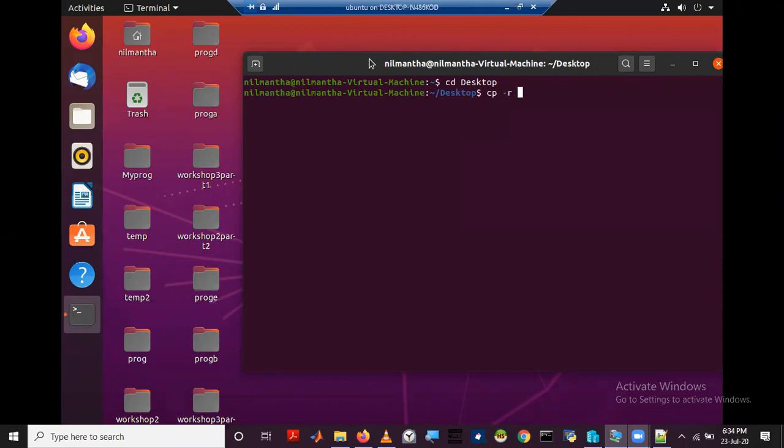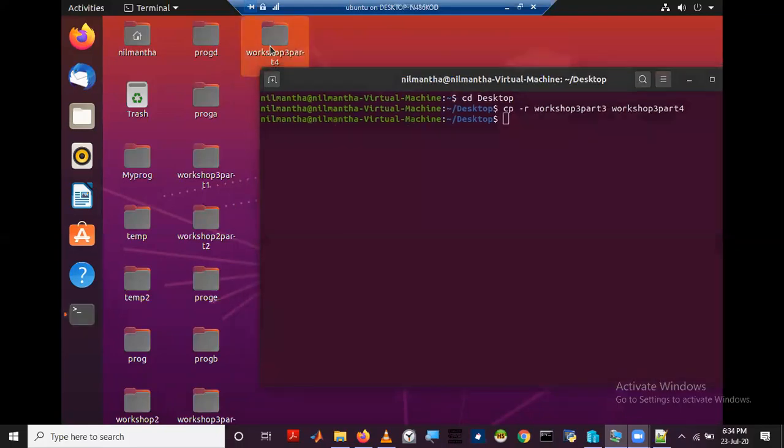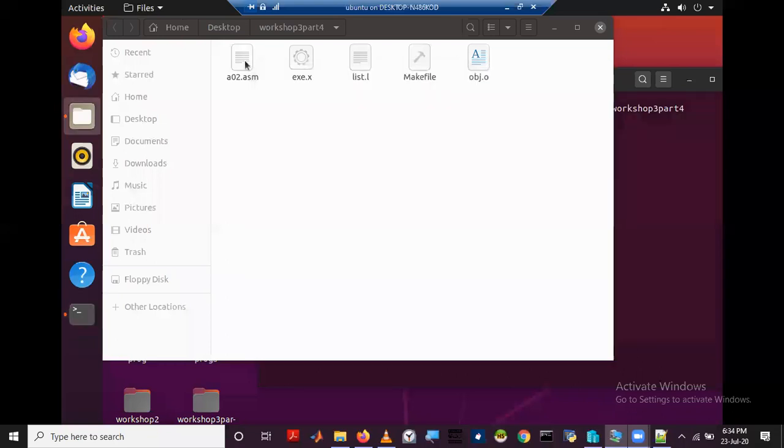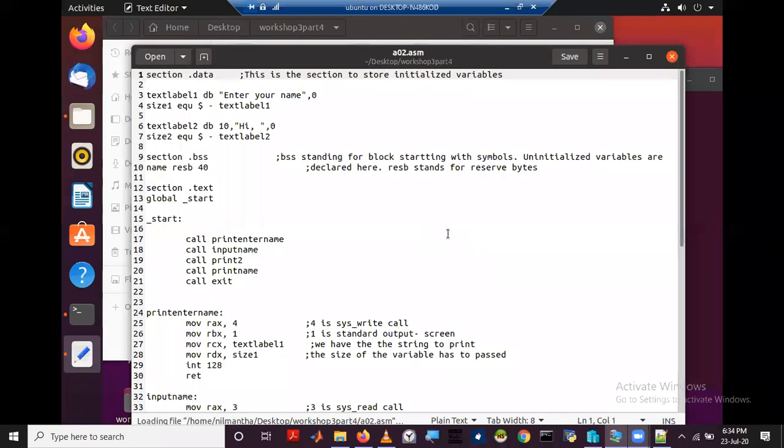Copy recursively. Part 3. Right. So we will modify this program again. You can either open this using gedit or using the graphical user interface. Whatever the method, it's okay.